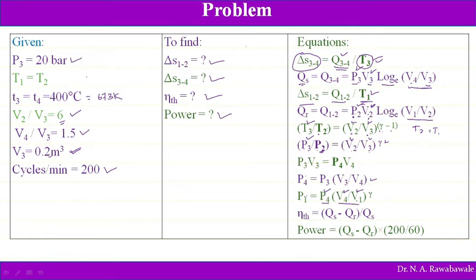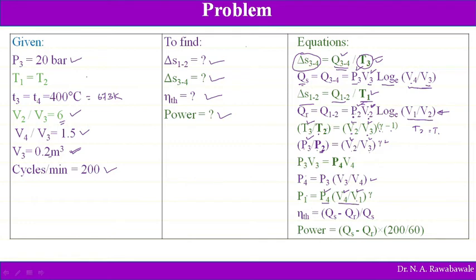So once we know the value of P1, that can be substituted here. So P2 into V2 can also be written as P1 V1. For isothermal process, P2 V2 is equal to P1 V1. Once we know V1 divided by V2, P1 V1, then we can find out heat rejected. Sometimes this amount of heat rejected we may find by some other means also, that we will see.